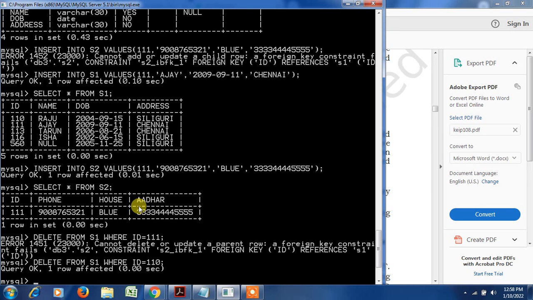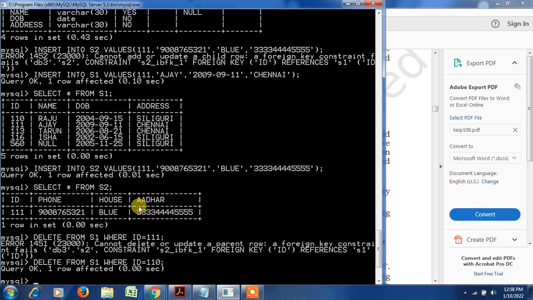This is called referential integrity. In this way, the foreign key provides security to the database and table creation by maintaining referential integrity. No accidental insertion will be possible, nor can you delete anything accidentally.